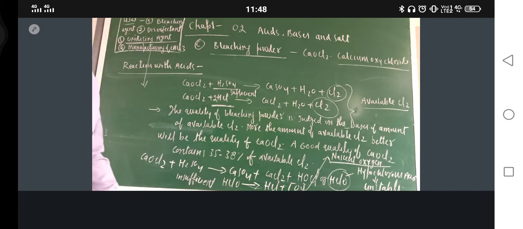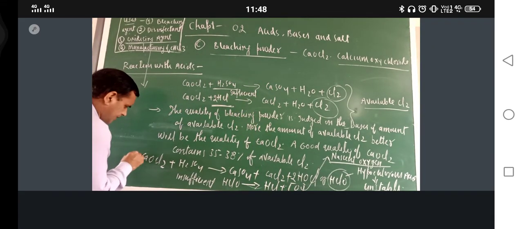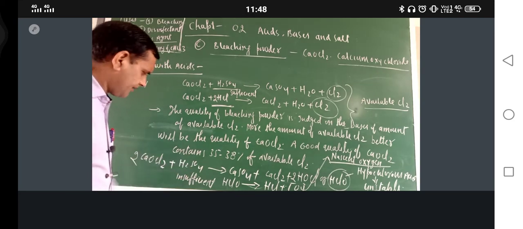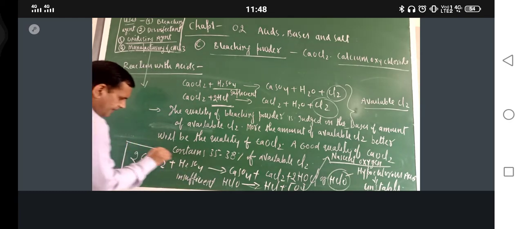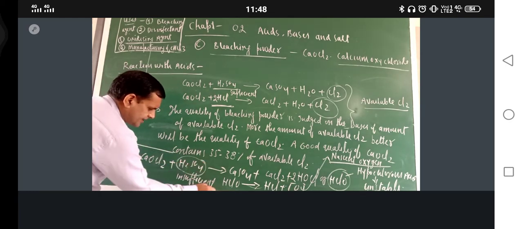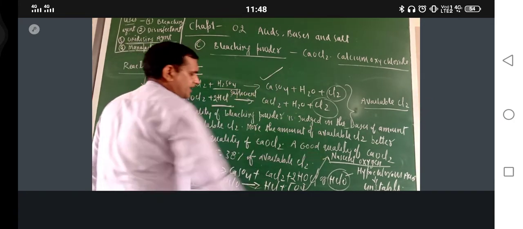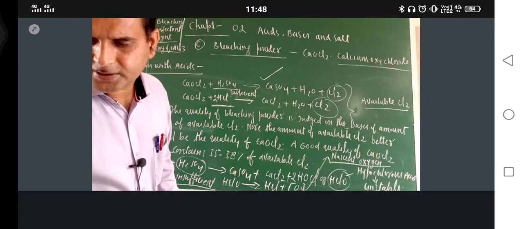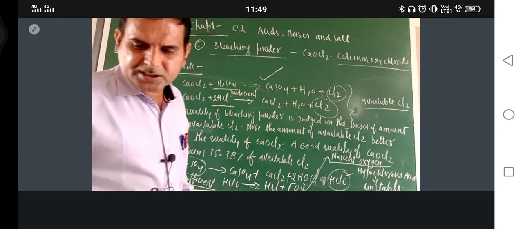So in this way, this is completed. Please balance the reaction. Yes, everything is balanced. But remember, this reaction occurs when the H2SO4 taken is insufficient. If it is sufficient, then the other reaction would occur. So in this way, bleaching powder is completed. Just remember this available chlorine reaction.